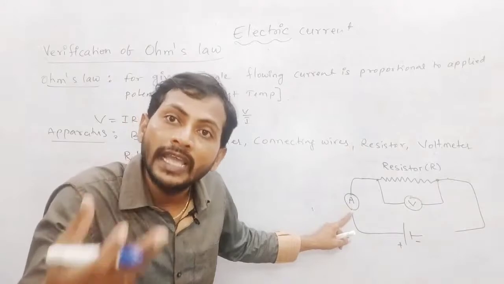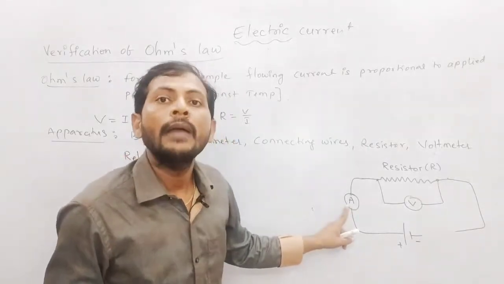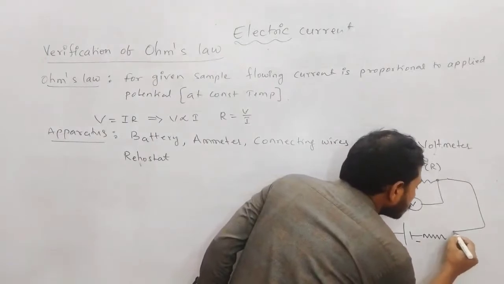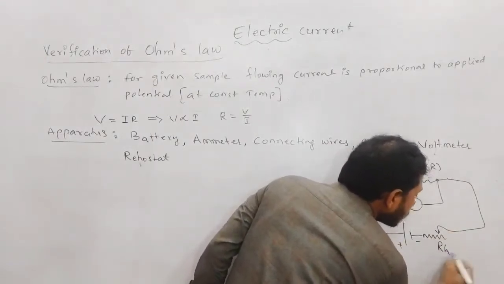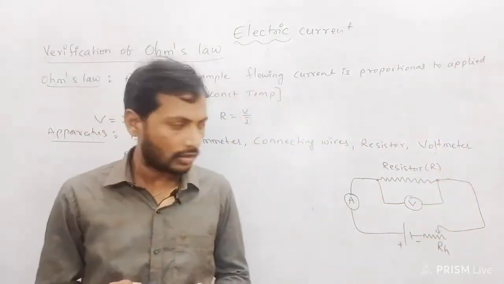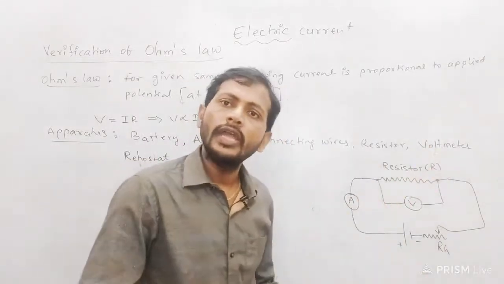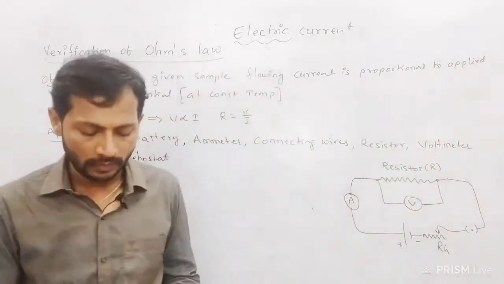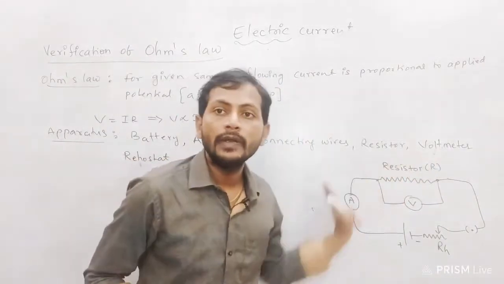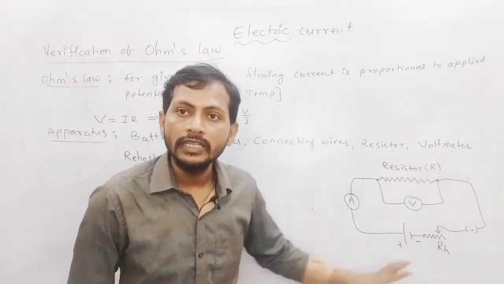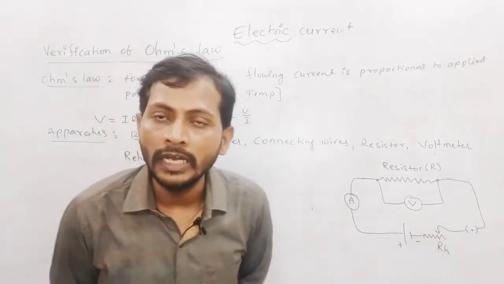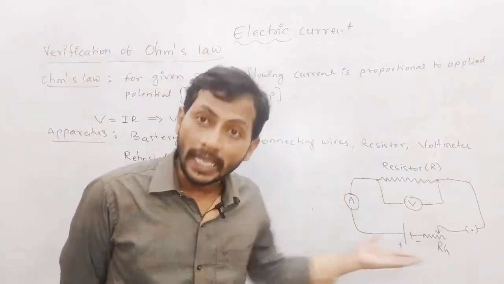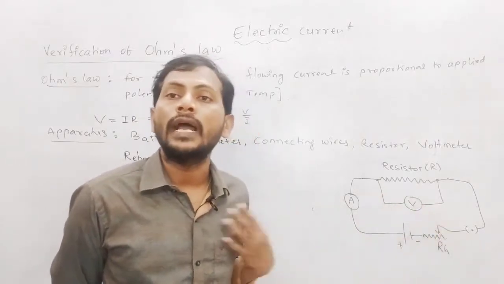When I want to change the current, I use one device, the rheostat. This is the name I have given, rheostat, children. In total, if you want to maintain, you can take one switch or one plug also, no problem. This is the arrangement diagram. I hope now in this diagram you have no confusion. Don't try to memorize blindly. I explain how we do it, according to that I have drawn.